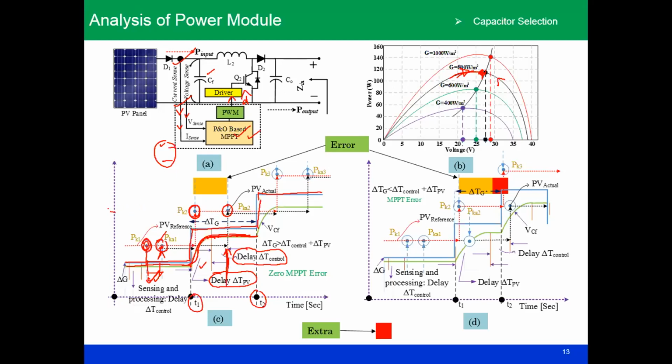Already you can see here in this graph, this is your reference power at that particular time. You should immediately change. That means at that particular time the reference power changes, but you are not getting that same amount of power for this particular time. So after some point of time, you are actually achieving this.